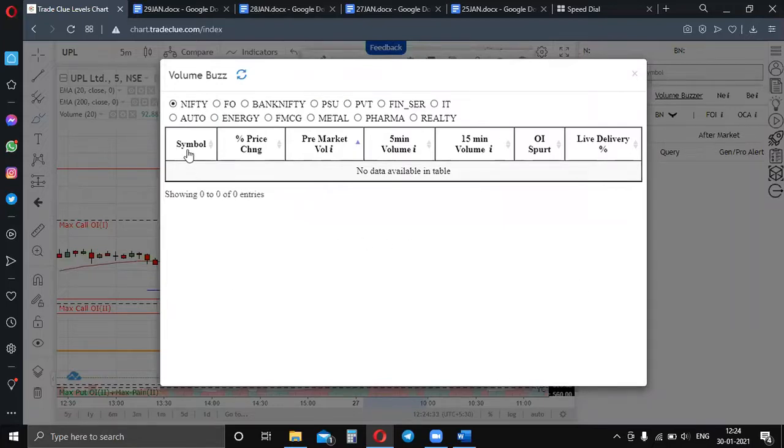First thing, the symbol, the price-wise change, that is how much gap up or gap down opening is going to happen, and the pre-market volumes. So these three pointers you are going to get in pre-market. So I'll come to know in different segments which stocks are ready to move up or down. I will rather focus on Nifty, F&O and Bank Nifty. Most of the stocks, I mean all the stocks, are covered here, right? Once you get all the stocks